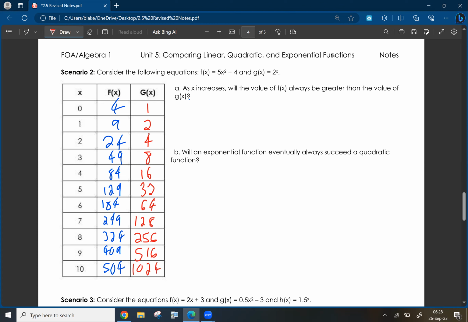1024. All right, so as x increases, will the value of f of x always be greater than the value of g of x? So will the blue one always be greater than the red one? As you can see, it definitely starts that way. 4 is bigger than 1, 9 is bigger than 2, 24 is bigger than 4, 49 is bigger than 8,